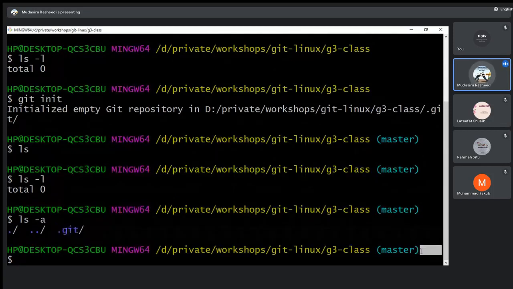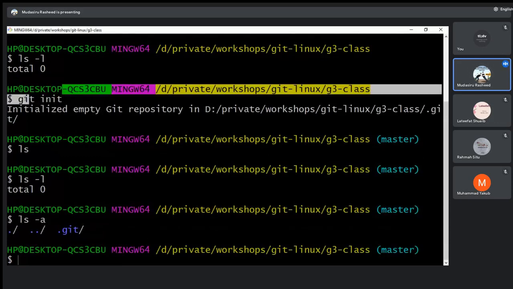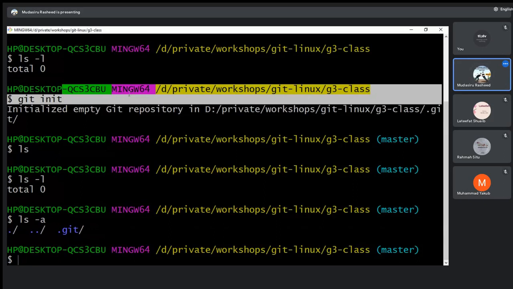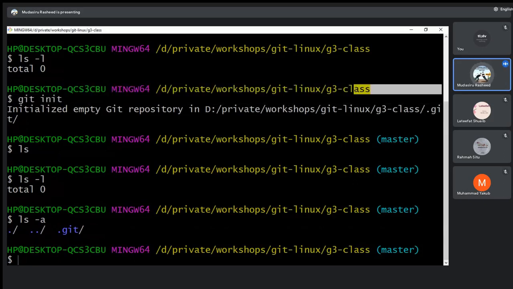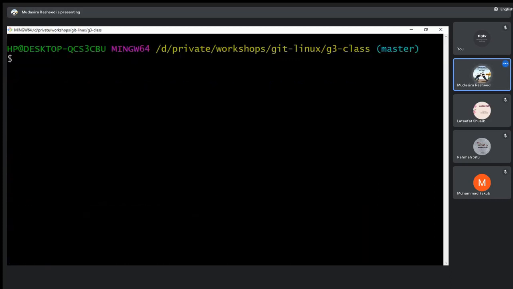It is the one that created this master. You can see, before I ran this git init up here, there was nothing like master in front of this. But now, immediately I run the code, I have this. Okay, so it is the one keeping track of everything I have here. So now I'm having a master branch, which is this. Okay, so the concept behind master, when we get there, we'll see. For now, I have an empty repository of the thing I want to create.